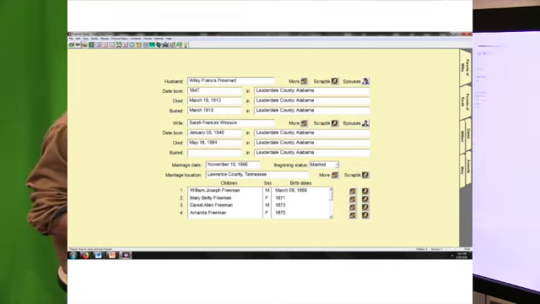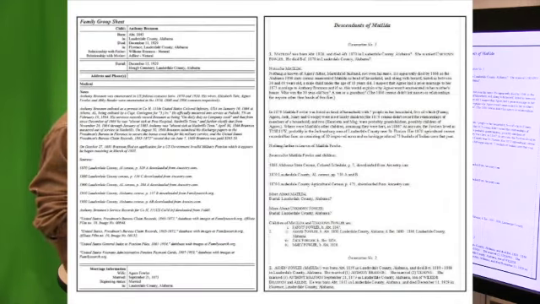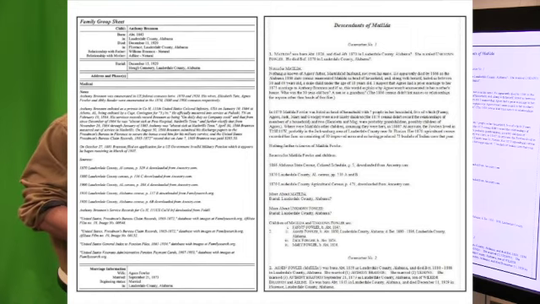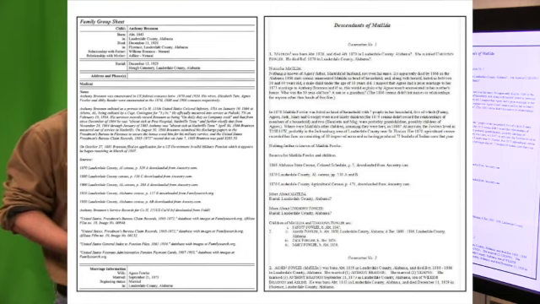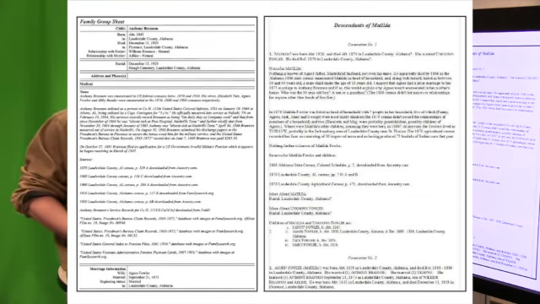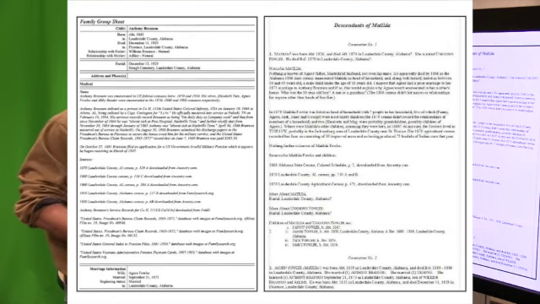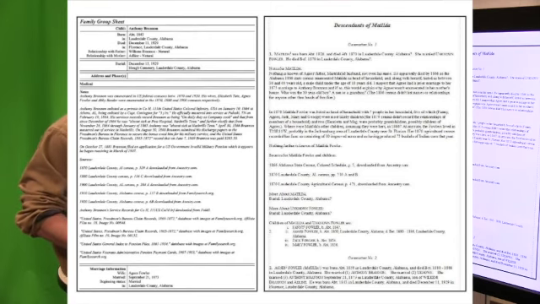And then this is a family group sheet and a descendancy document for the Anthony Brannan family. Anthony Brannan was an African-American Union Civil War vet who's buried in the Bailey Springs AME Church Cemetery, or in the Huff Cemetery that's owned by the Bailey Springs AME Church. So they did a family reunion back in 2017, I think, 16 or 17. And so the Lauderdale County Cemetery Rehabilitation Authority, which I'm on, helped them clean up, inventory, and map the cemetery. So I helped them do some of the genealogy research, and I've got this in a Family Tree Maker program.